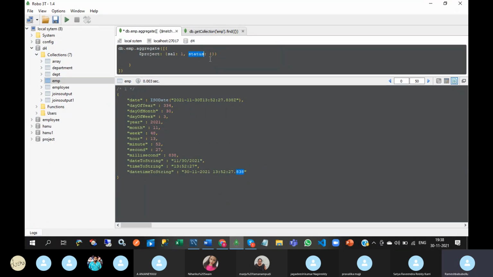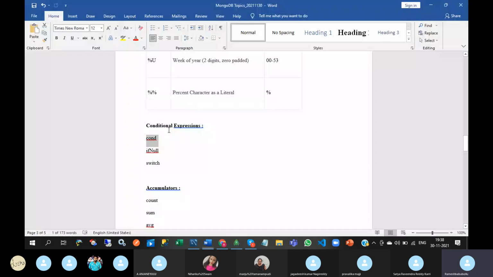So here this is the field name and then internally operator is condition.